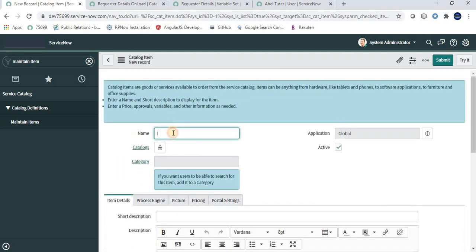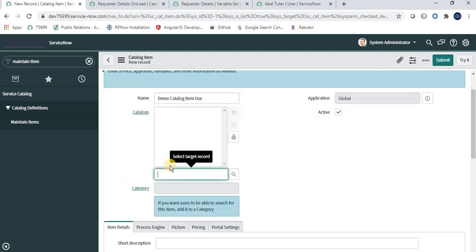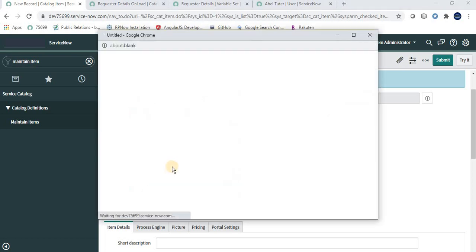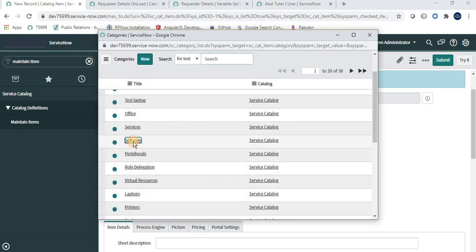Now let's say I am naming it demo catalog item use. You can give any name over here, then you can give the catalog name. I am saying service catalog. You can give any category which you want. I am saying software.